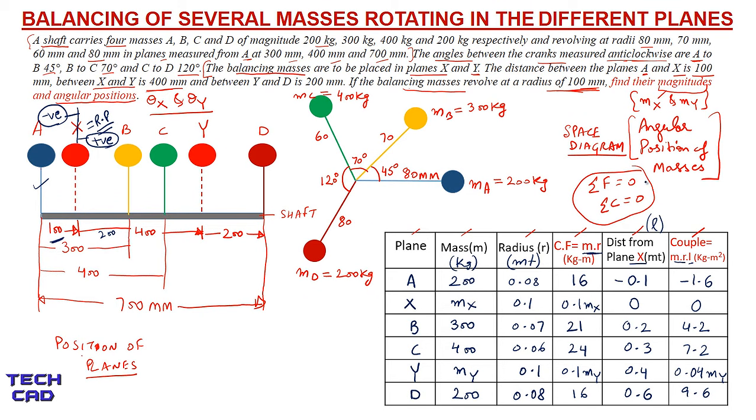Now, as we are talking about dynamic balancing, we have to consider both force and couple, and we have to make two vector polygons. First is the couple polygon and another is the force polygon. Let's make the couple polygon first. Why do we make the couple polygon first? Because we already made one couple as 0, so it is possible to easily find out the magnitude of the Y mass. That's why we will make the couple polygon first, then we will make the force polygon.